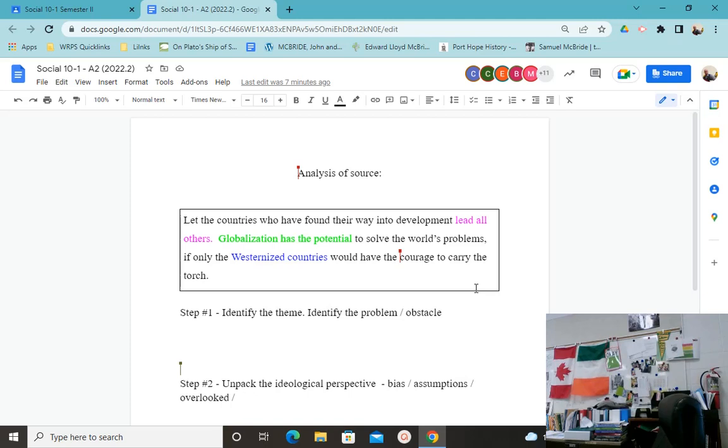You know what? I could probably give you the rest of the class today to tidy up your analysis paragraph, tidy up your thesis statement, and then share your analysis paragraphs with me when they look good. On Monday, we'll do some of the human rights things to finish that up. On Monday, we'll talk about the wave 3 and 4 of women's rights movement. And on Monday, we'll look at what would motivate you to action. So we'll do some of the stuff that was in our Google Classroom today. We'll actually push that till Monday. But being that you're thinking about this now, let's get you to finish this up.